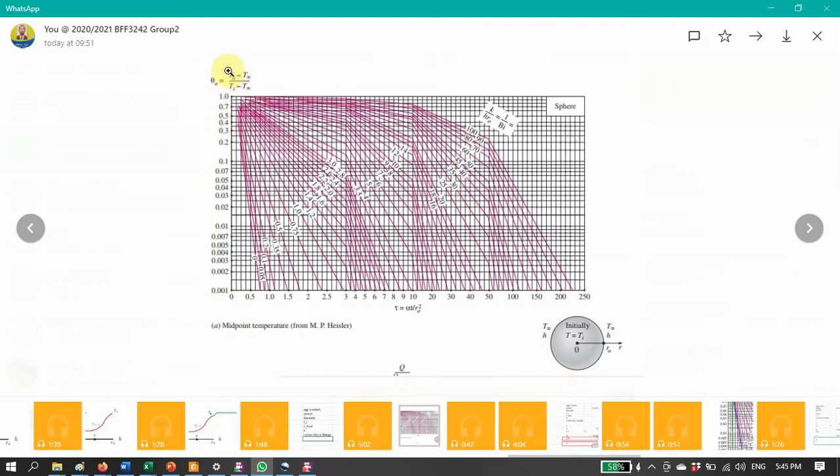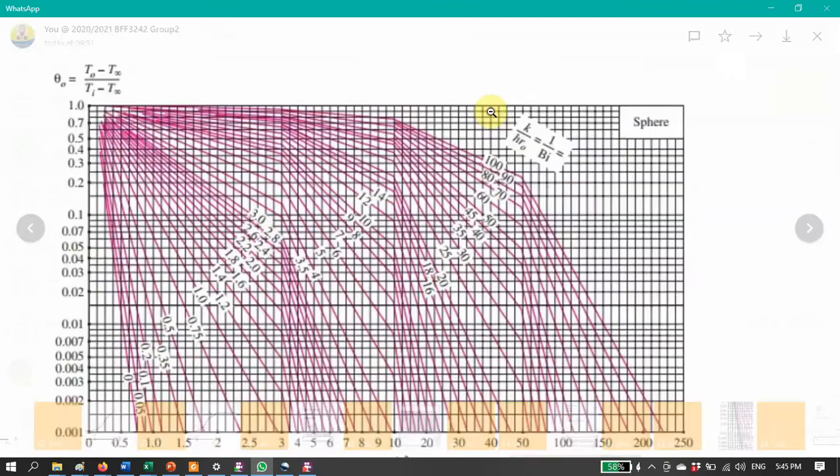We know the information: the initial temperature, the fluid temperature, and the temperature at the center point, we know already that. So we can calculate the non-dimensional temperature. And then the Biot number. So we need to find the property of material. We know the value of R naught, the radius, maximum radius, and then heat transfer coefficient. We need to find the thermal conductivity.